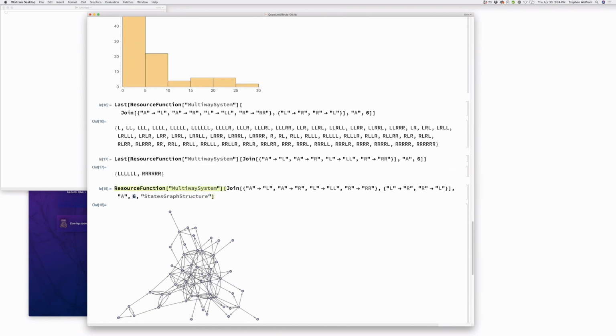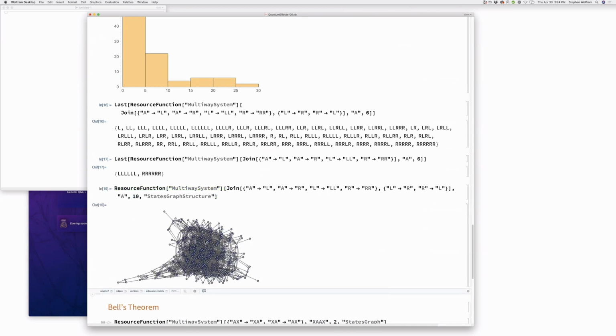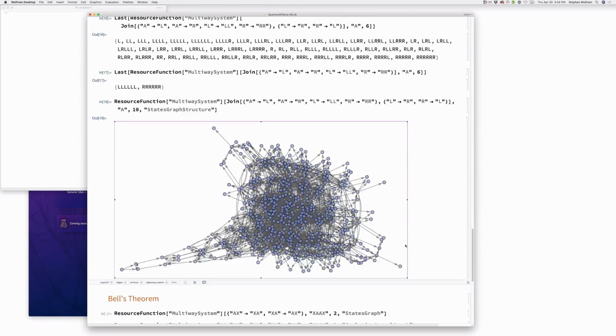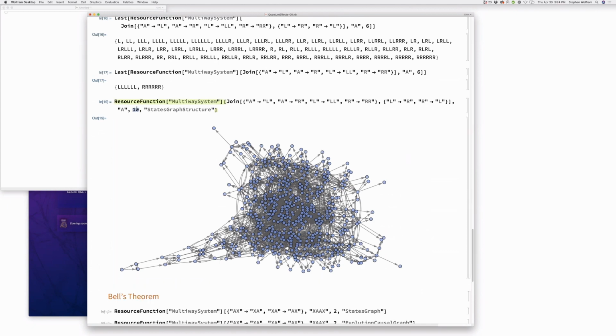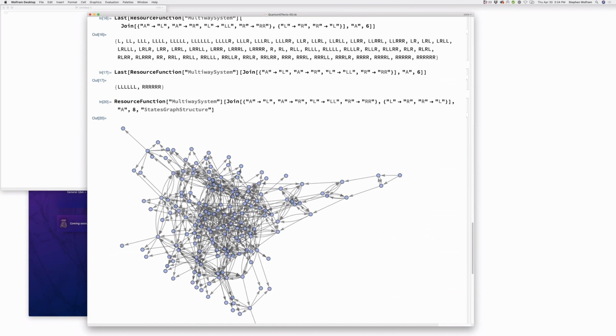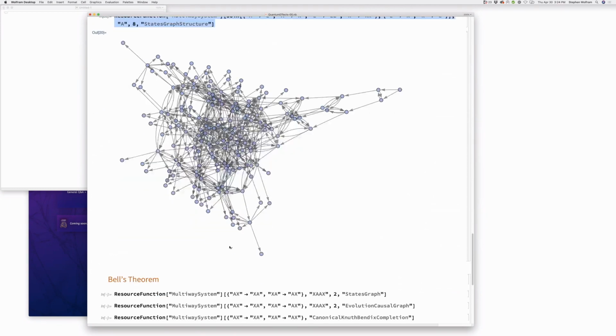Oh, gosh. It is really a bit scary that even the toyest of the toy model already is producing stuff like this. Okay, so let's look at branchial space here. That might be interesting to see. Yeah, what do we think that's going to look like? So we're looking at the what